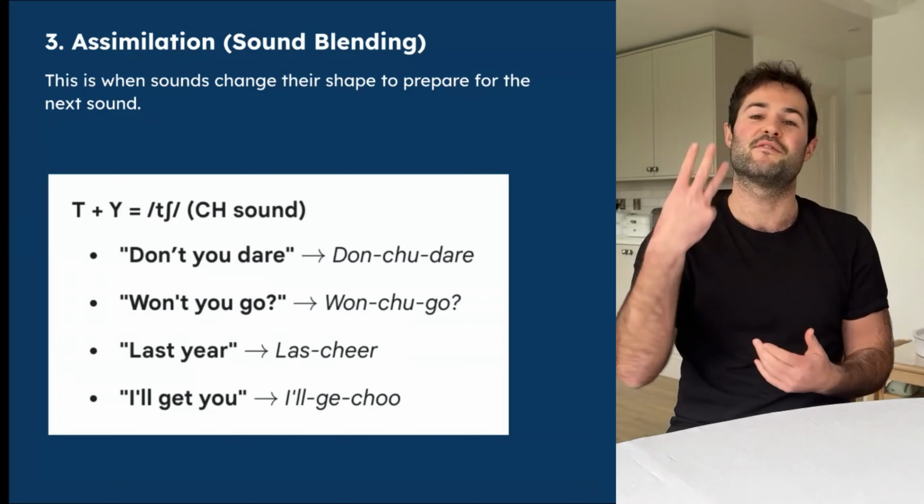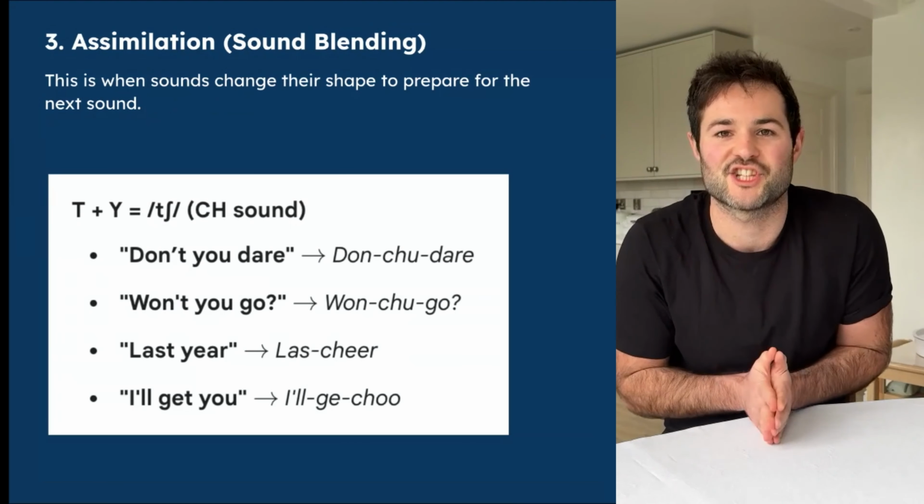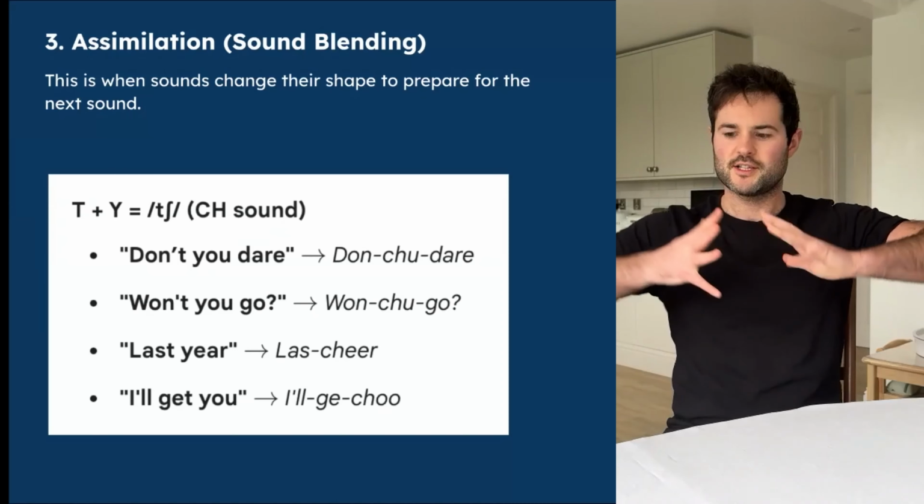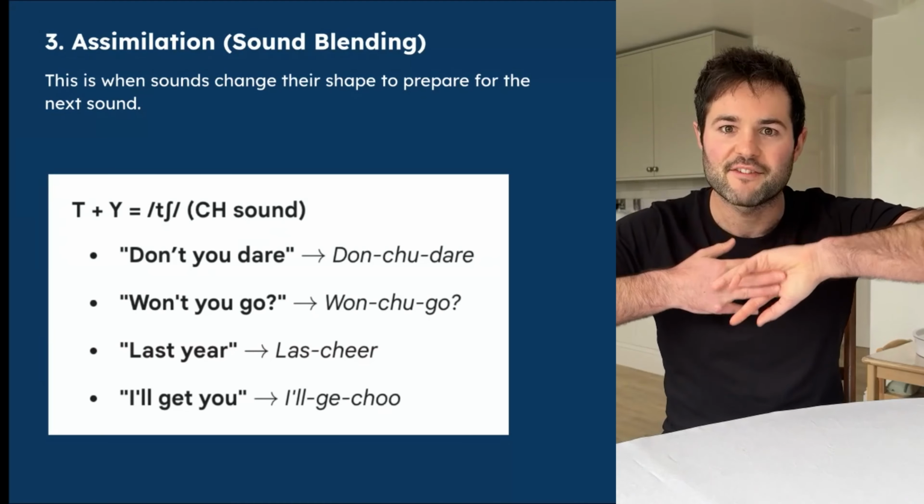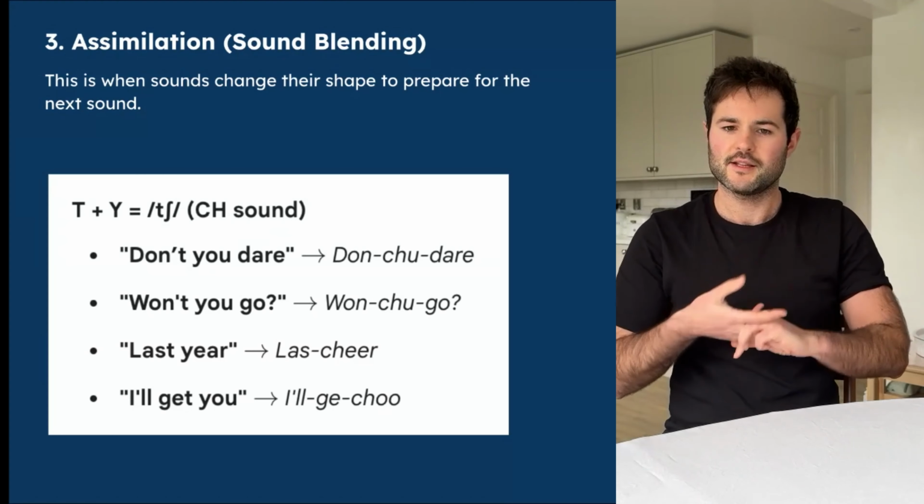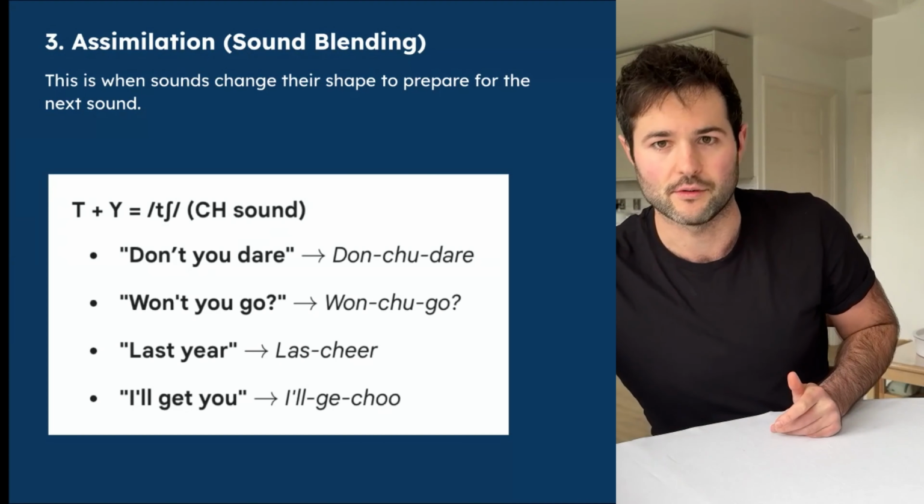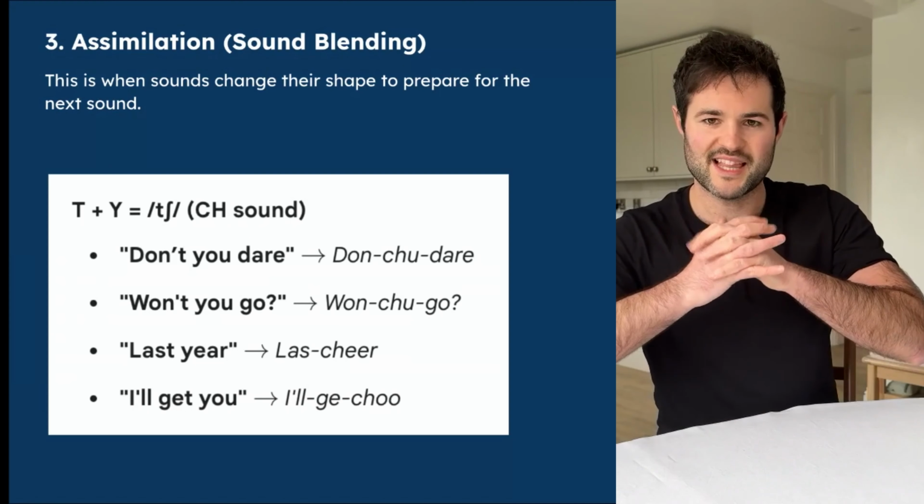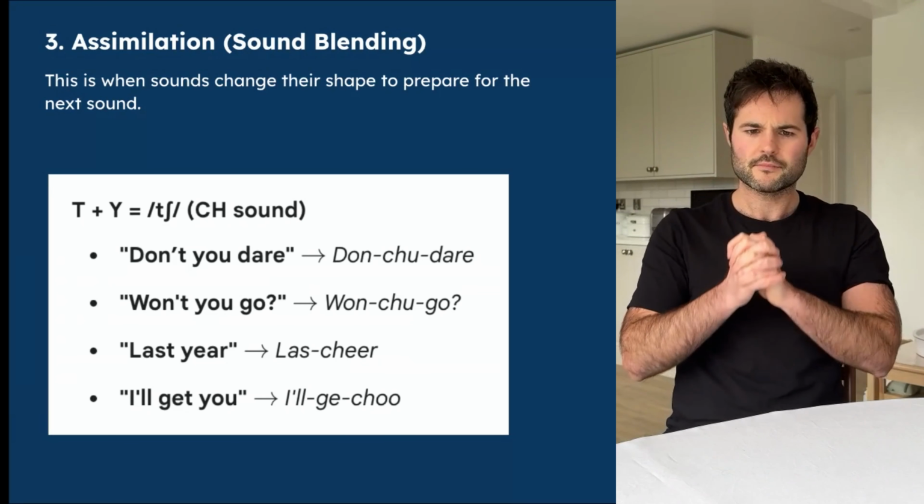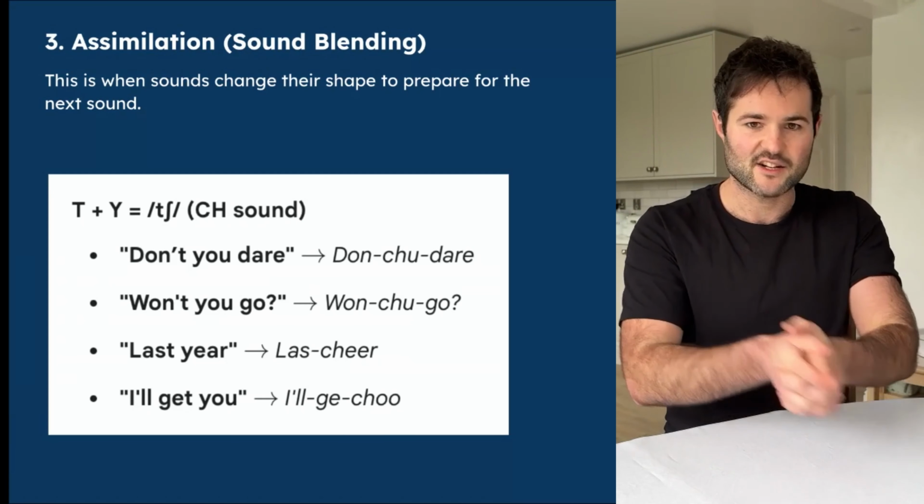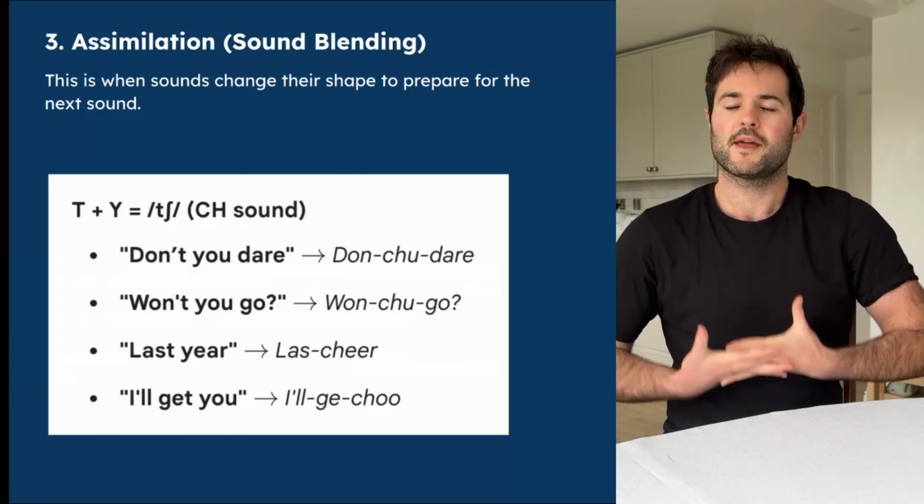And let's continue with point number 3, which is assimilation. Assimilation, which is a blending of different sounds. And this is when sounds change their shape to prepare for the next sound. They are assimilating, blending. So for example, a T and a Y, when they blend, they become like a ch